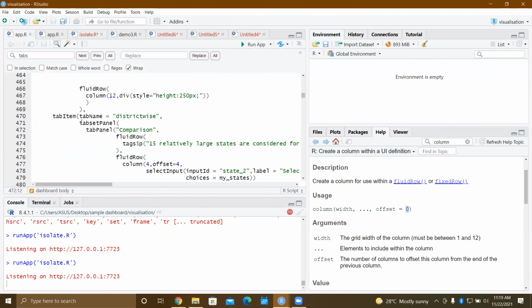Okay, so you can create a function tabsetPanel and then give a tabPanel a name of something, and then you will get those things.